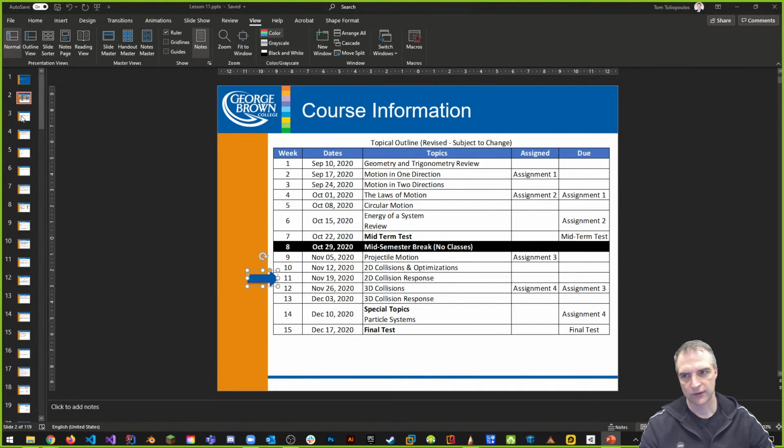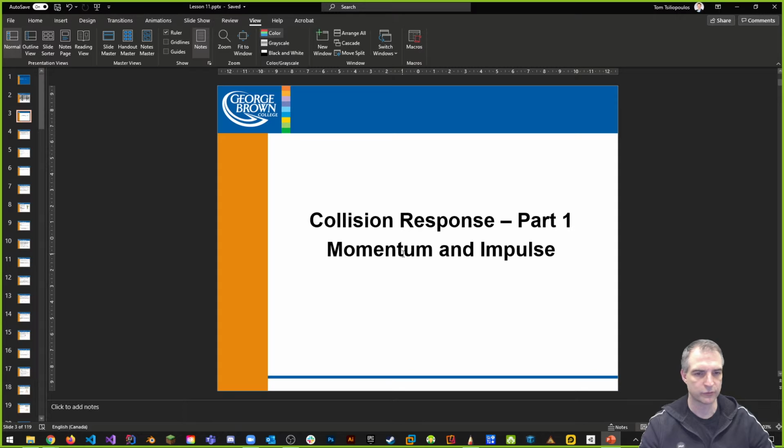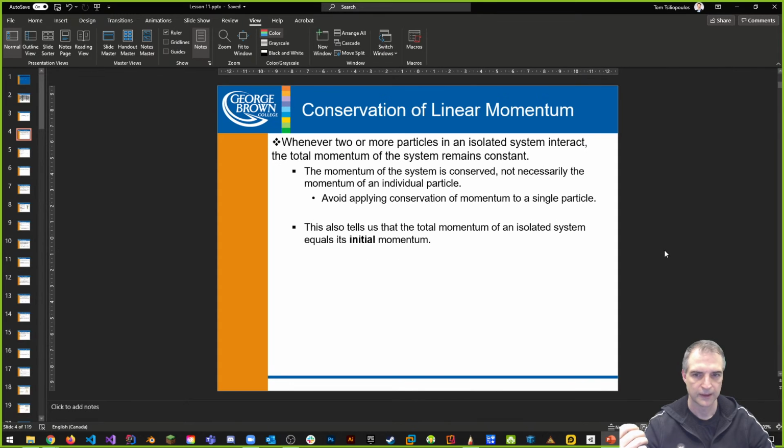So let's get moving on this. Today we're talking about collision response. There are 2 parts. Part 1 is momentum and impulse, and part 2 is way down in here. We may have to move part 2 to another day because there are 119 slides in here. Lots of stuff to cover, and we've got 2 short hours to do everything. That's like a slide a minute, and there's no way I'm going to be able to cover a slide a minute. Chances are I may have to skip some slides, but only because it might make sense to do so.